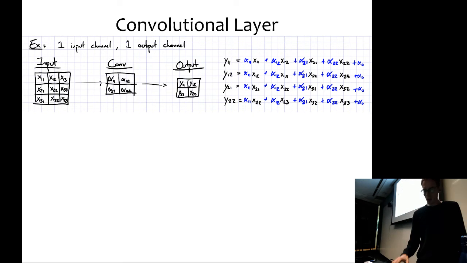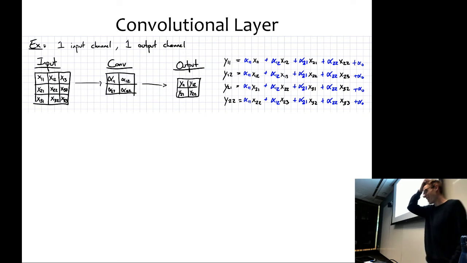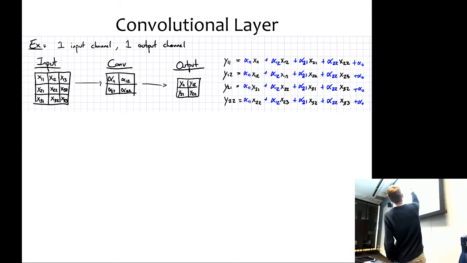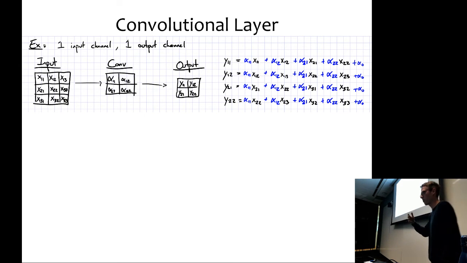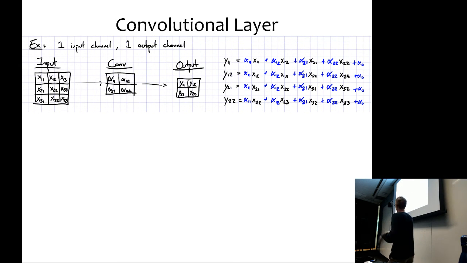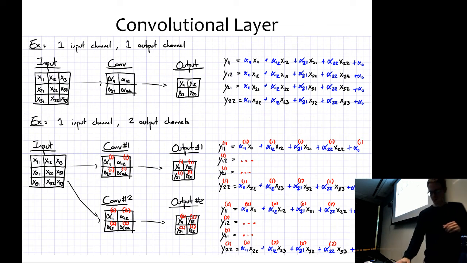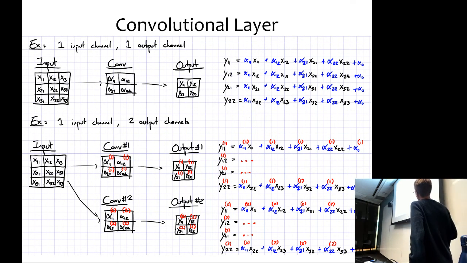Okay, so the convolutional layer is sort of the last interesting one here, but honestly, when you look at it spelled out for this small example, you begin to see that the convolutional layer is not terribly interesting. All it is is some linear function of the input and some parameters, or technically it's a bilinear function of the inputs and the parameters. And we can come up with different versions of it.